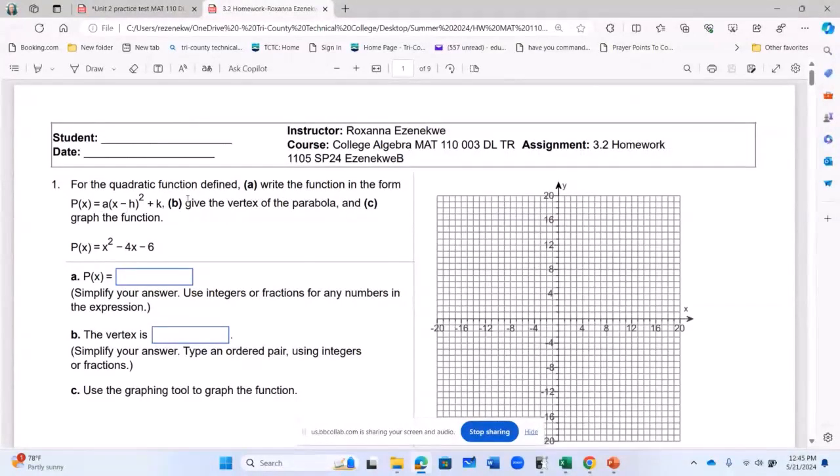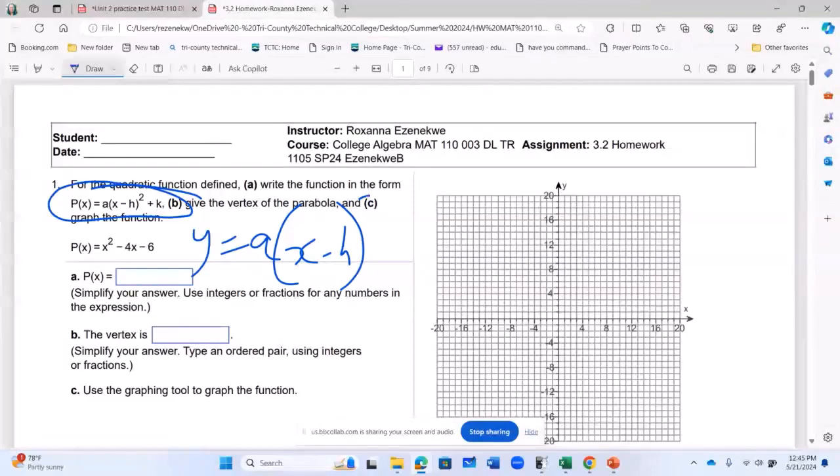By the way, which one is vertex form? Anytime you see y equals a coefficient times (x minus h) all squared plus k, that is the vertex form of any quadratic equation,